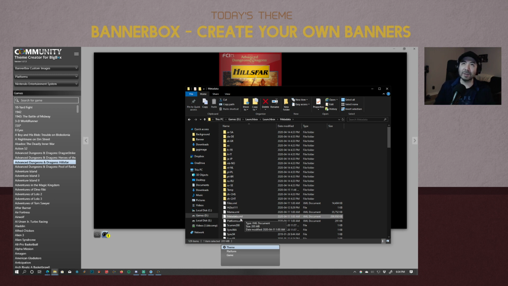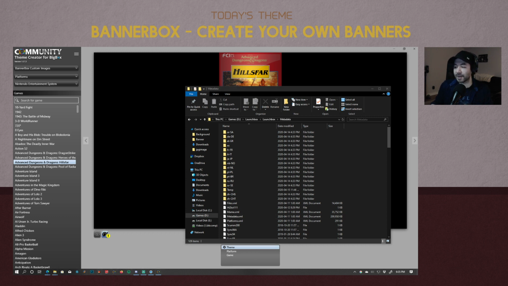That file contains essentially the whole database that's on the LaunchBox games database, in a giant file. And that's why every now and then you'll find that it asks you if you want to update LaunchBox, the new updates to the LaunchBox database, and then you probably hit yes, and then it does its thing. It's basically downloading all the information and putting it inside this file, and then Community Theme Creator reads this file and is then able to generate the LaunchBox IDs from it. So if you want to make sure before you do anything that you have the most updated metadata file,